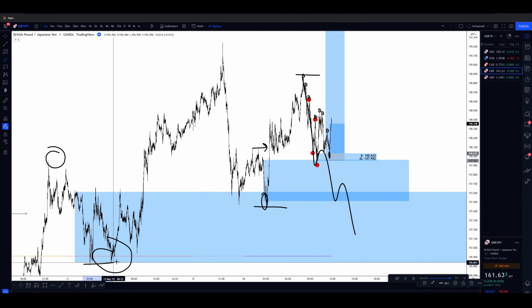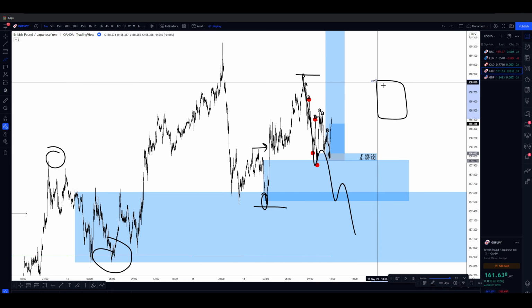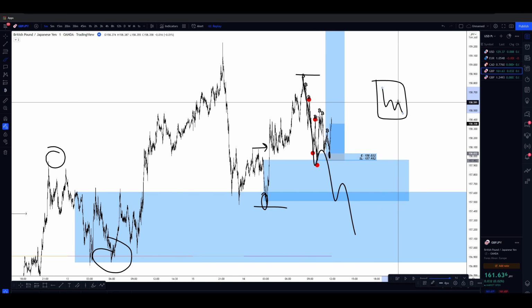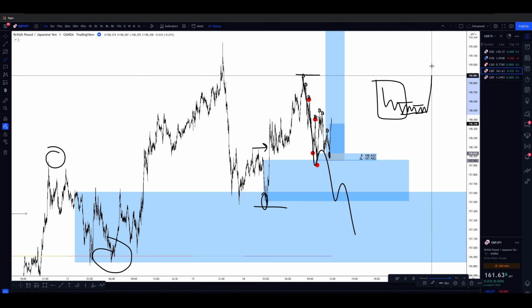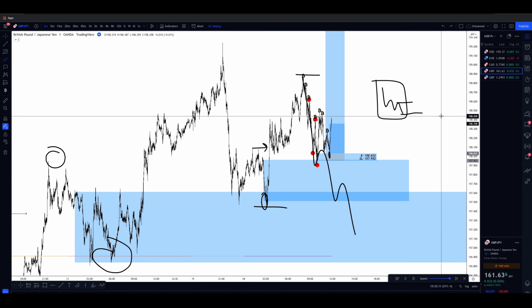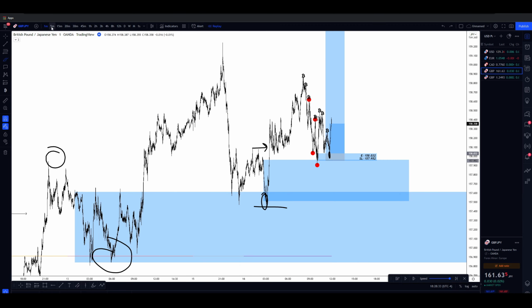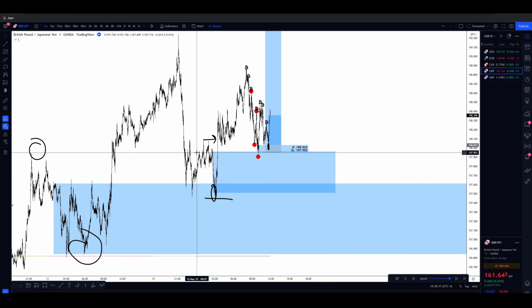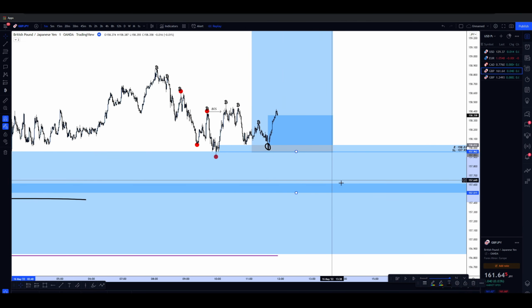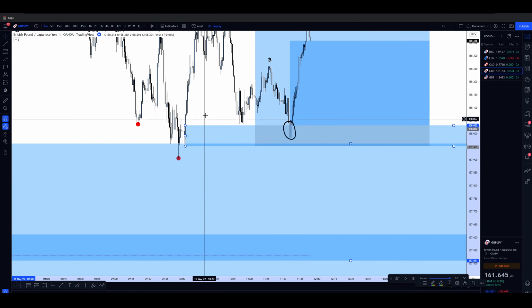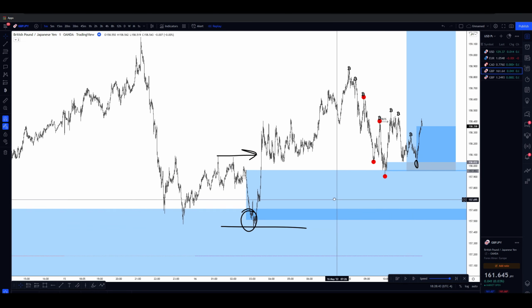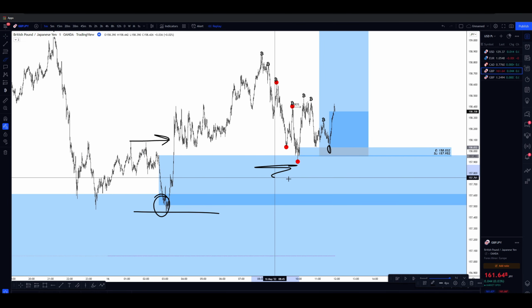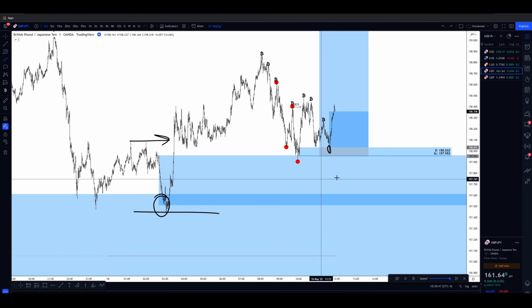We basically created a small little box for price to travel in, and we're just creating a smaller box for price to travel in. We're basically trapping price to the point where it can only go one specific direction. And that's exactly what I did here. First I trapped price in this area, and then in this area, and then in this area. And think about this: the bigger the area, the more vulnerability and freedom you're giving the market to consolidate in, to move around in.